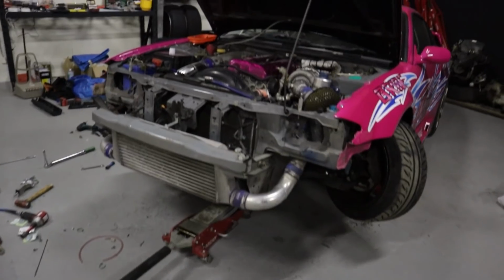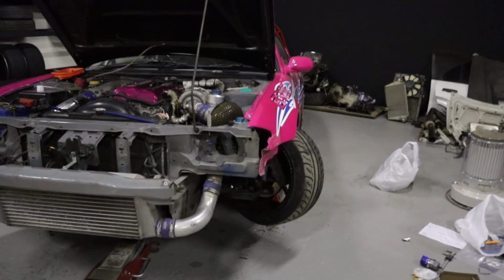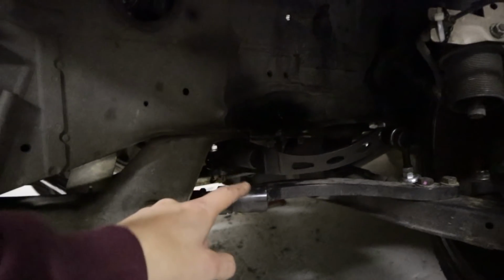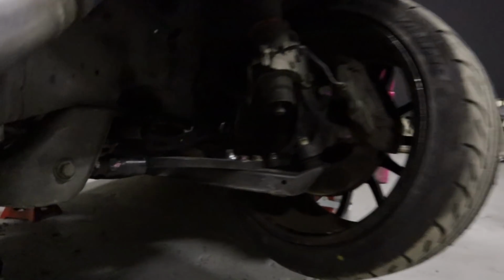So a quick update on the Silvia. This thing is ready to drop on the ground. And look at that angle. It's ridiculous. I had to shave the splines a little bit, just how much caster and stuff I run. So I shaved it on the angle just a tiny bit with the angle grinder, and we are maxed out right now. We touch the body now at full lock,